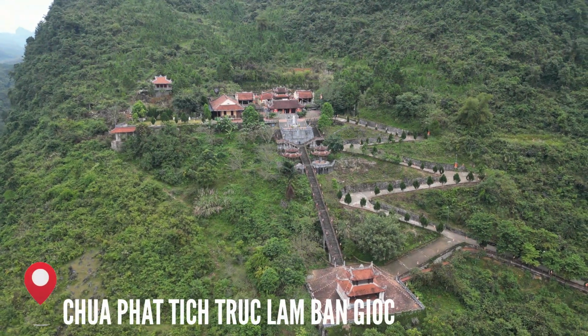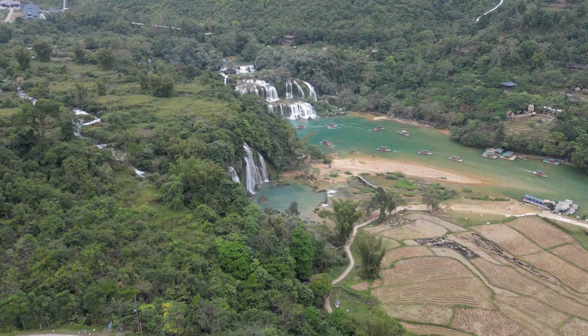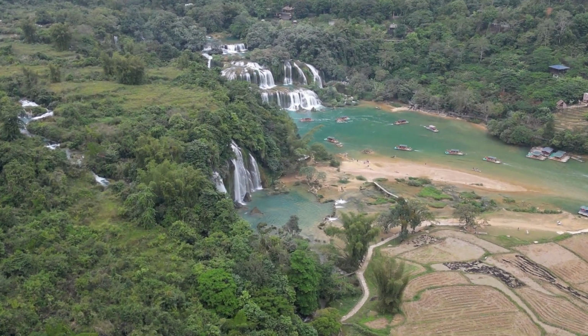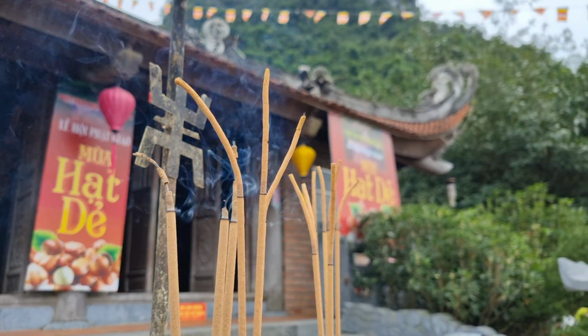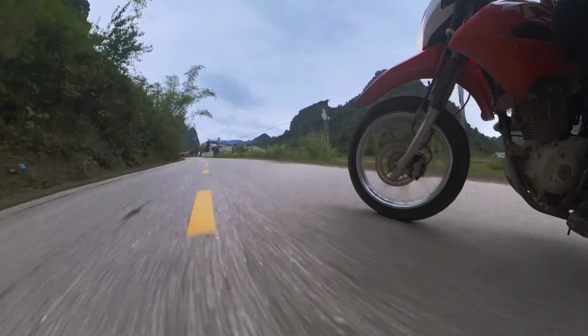We also made an unexpected stop at this temple that was close by. The temple gave you great views of the waterfall from above, and it was very peaceful there, and it was not busy at all. After we were done exploring around, we ended up heading back to Cao Bang for another night,